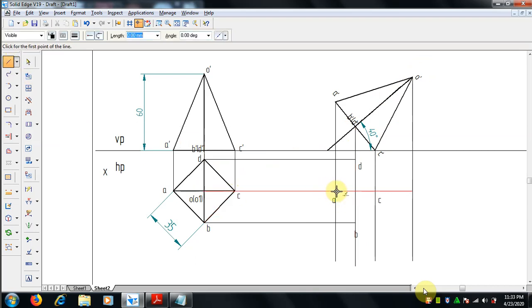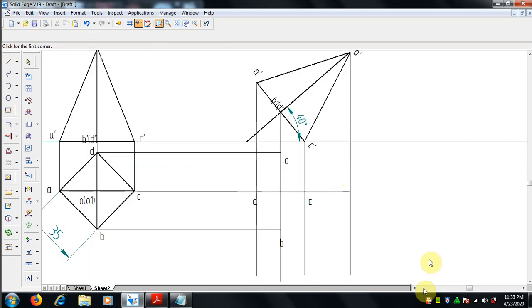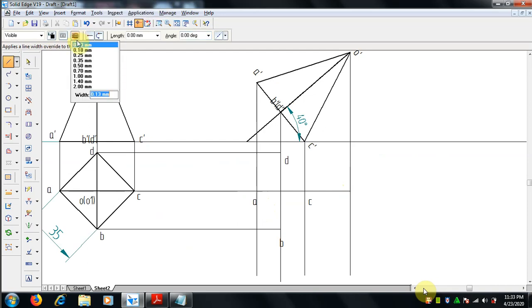Now we can draw lines by using the line command. Where the A, B, C, D points are, we can draw the base with 0.13 mm line thickness.